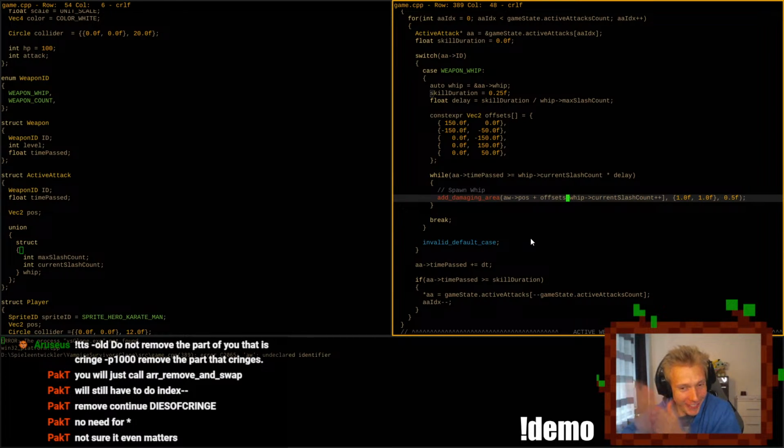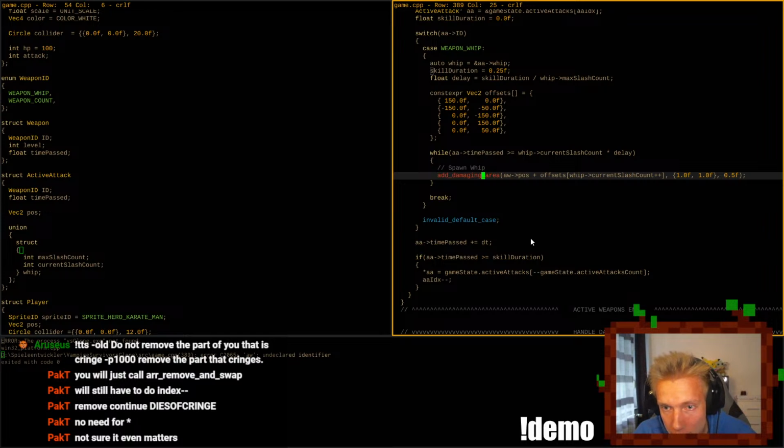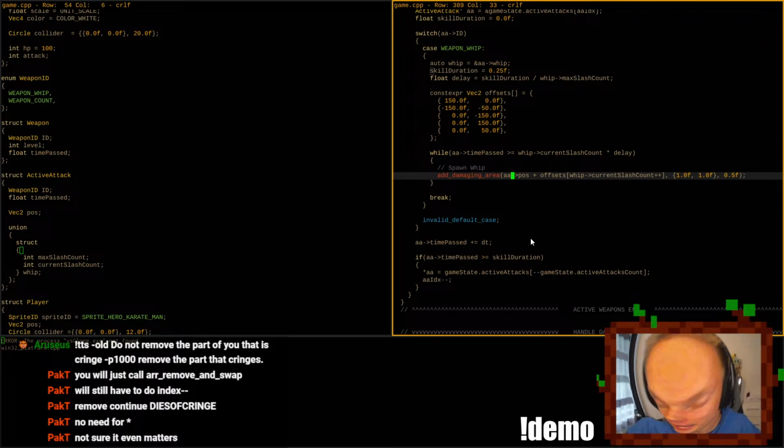Oh, look at that! Cool! This is AA plus offsets. Building completed. Hey, it works!